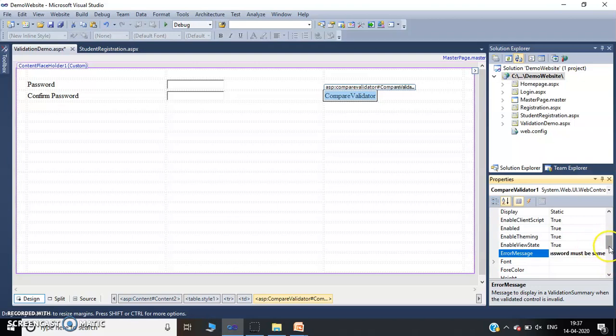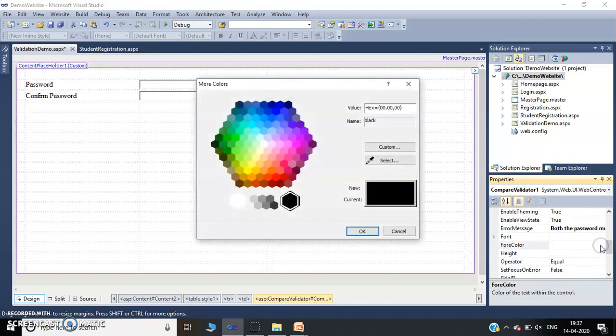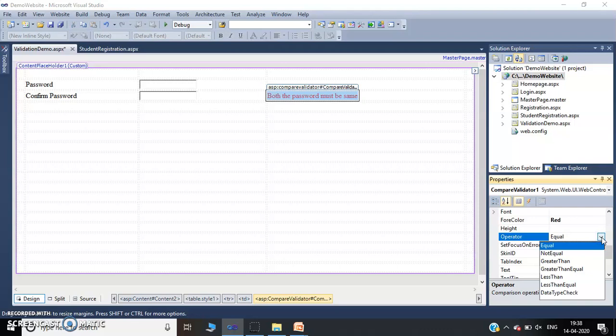After this, you can change the color of the error if it occurs. So I will change the fore color. By default it is black. You can change it to red. Then operators, as both the passwords must be equal, so keep the operator equal.